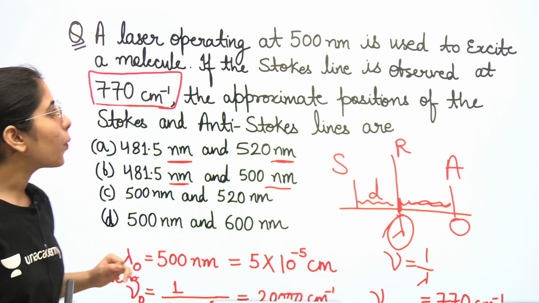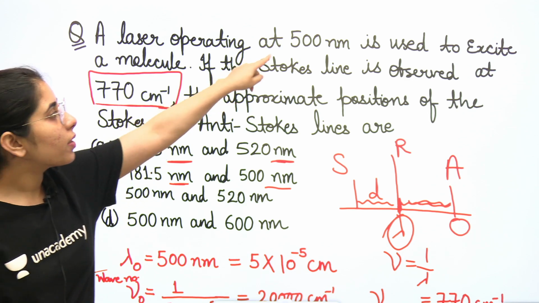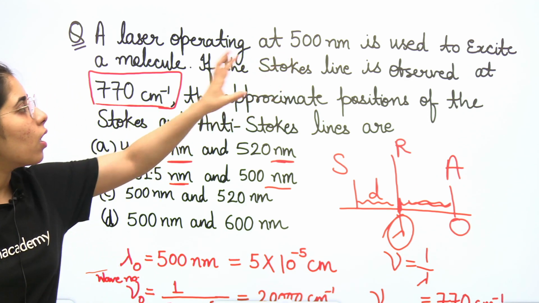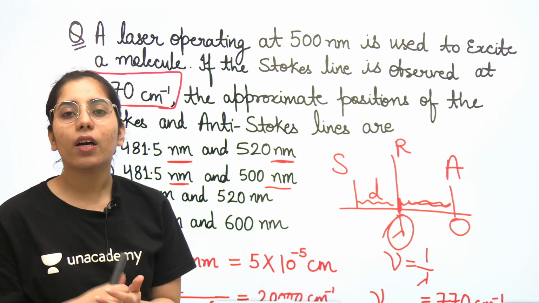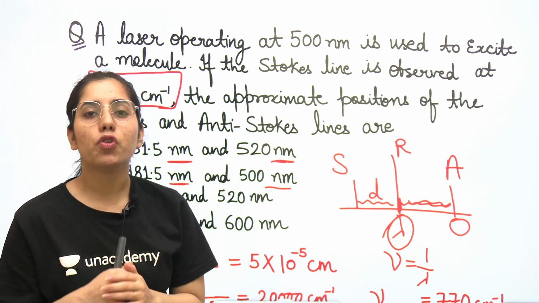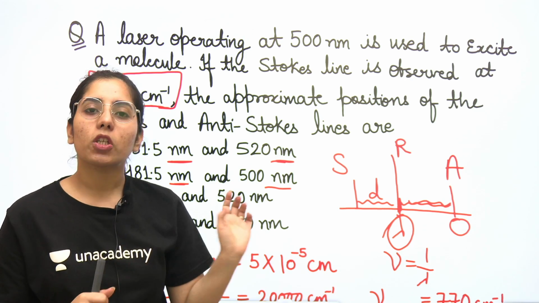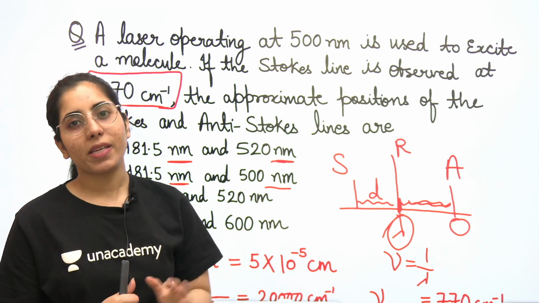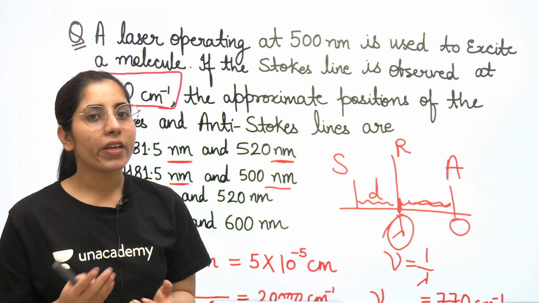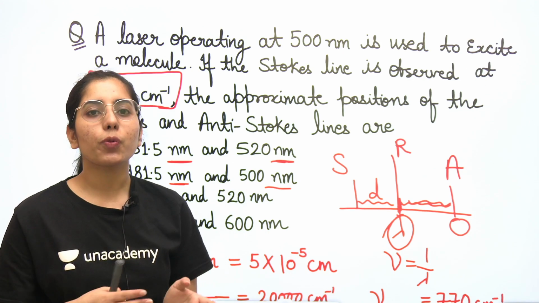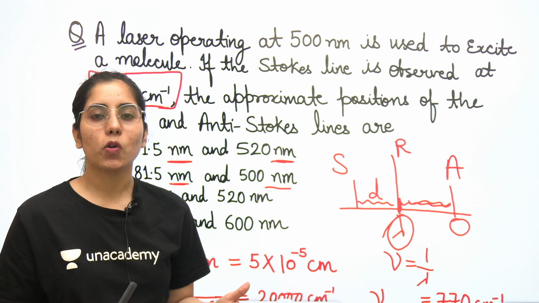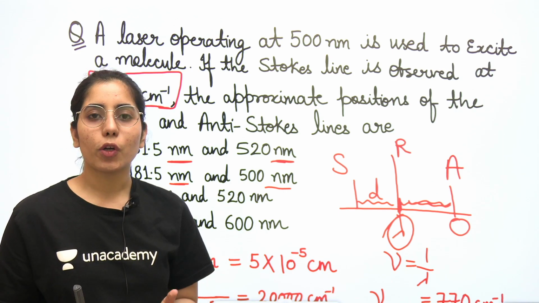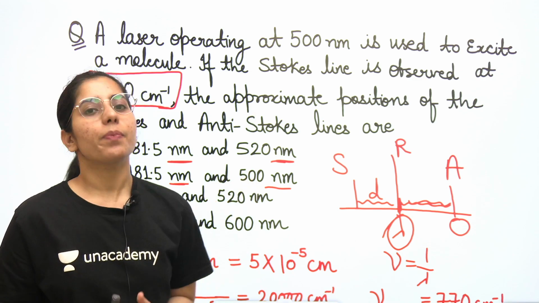Here your final answer is not matching with the options. Clear? So what will be the final answer? Why is our answer after calculation not matching with the options? Because this was just a concept-based question. You will not get to know about it directly. You may have to proceed to solve it, but anytime you observe such a question, it will be quite easy for you to think about this concept and relate it.